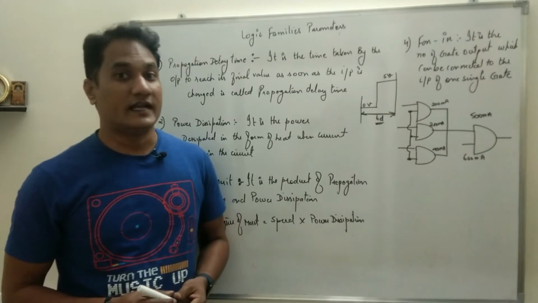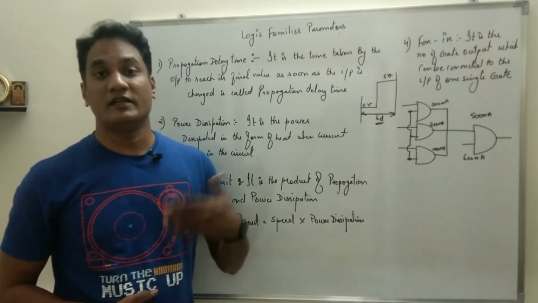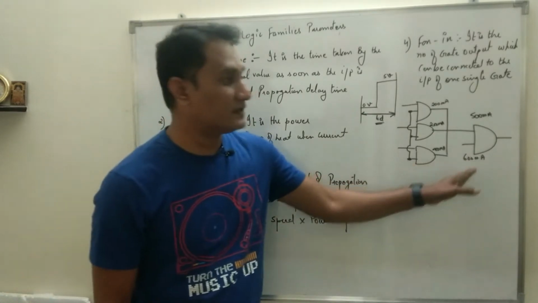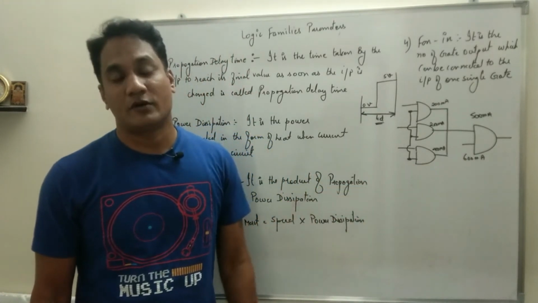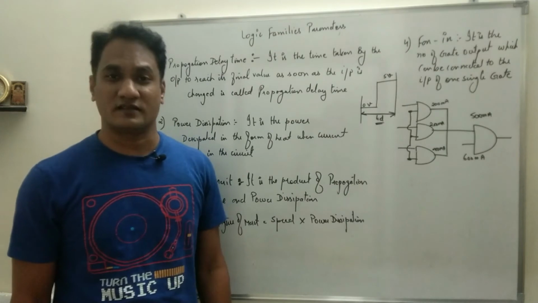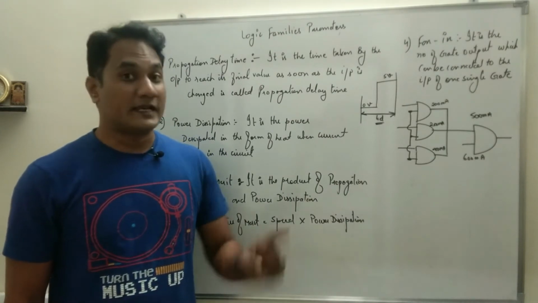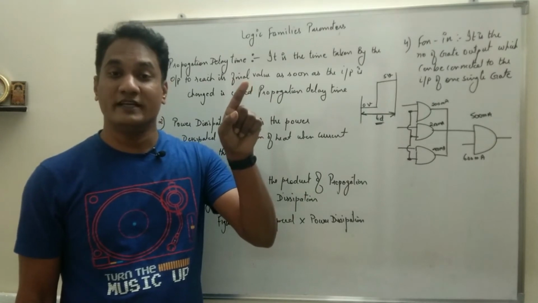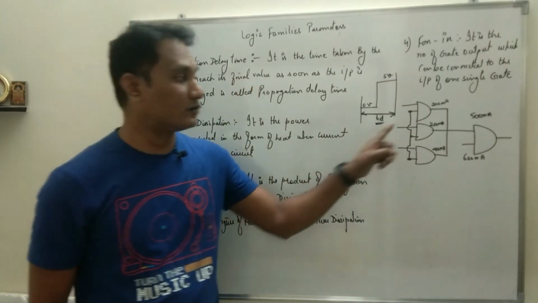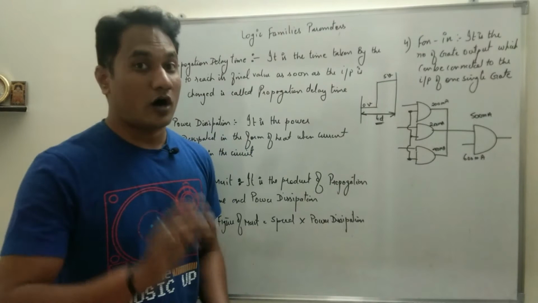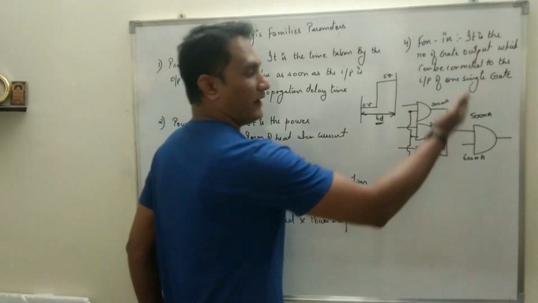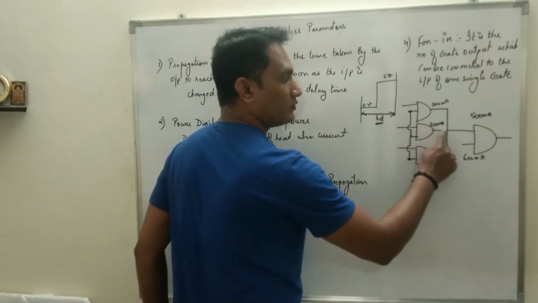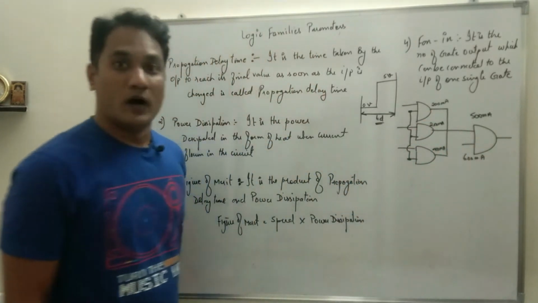Okay, if that AND gate has the capability of withstanding only 500 milliampere, and you are giving 600 milliampere, what will happen to that AND gate? That AND gate will burn out, the circuit will not work, right? That means there is a limitation to how many gate outputs can be connected to the input of one single gate. To avoid damage, while designing we should make sure that instead of 3 outputs, only 2 outputs are connected to the input of one AND gate.